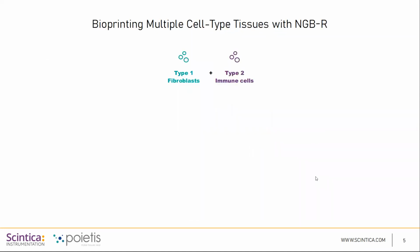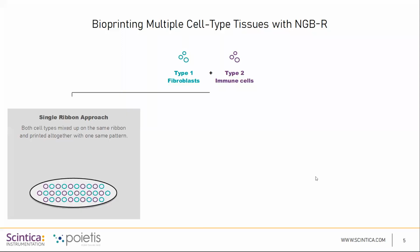Now, a lot of people are actually interested in working with several different cell types and often wonder what options they have with NGbr, right? So let's take an example here with, say, a couple of them, so fibroblasts and immune cells. The first question is, do you actually need a specific pattern and bioprinting location for each cell type? Because if you don't, then a single ribbon approach might suffice, right? Here, both cell types are going to be mixed on the laser ribbon and can be printed together with